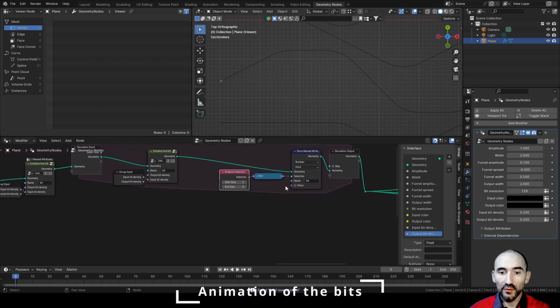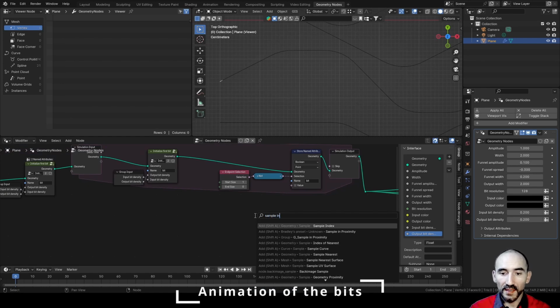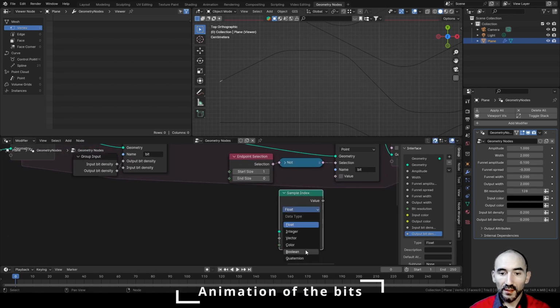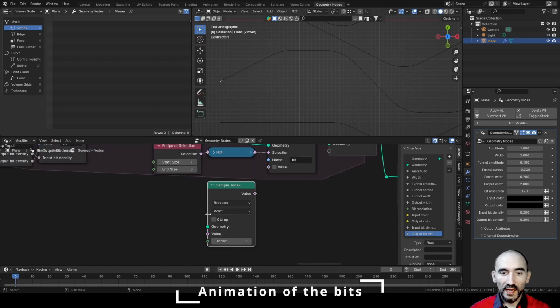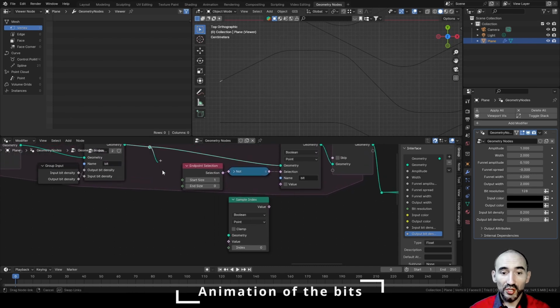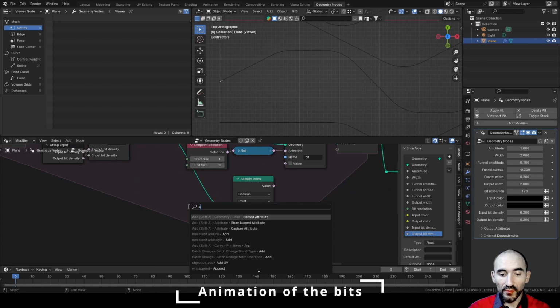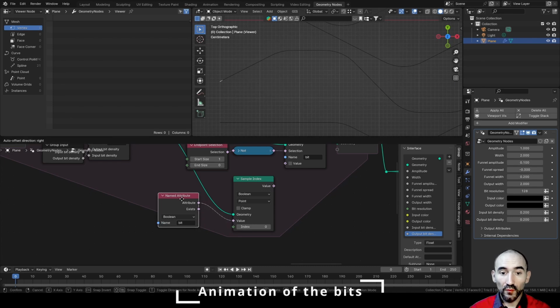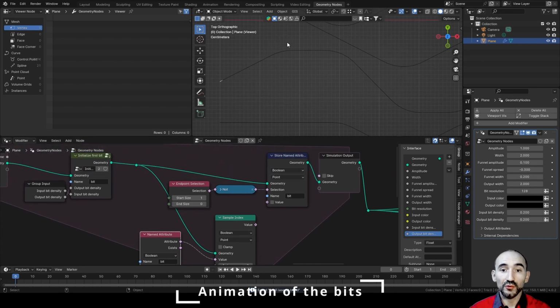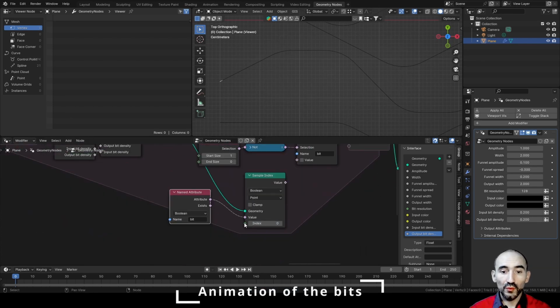Now to take the correct value we need what? The sample index, because we need to take the boolean information similarly to this approach here, and we want to take the boolean information of the same geometry. It's obvious, from the attribute, the boolean attribute bit, link this attribute here, but we don't want to get the value of the same index of the actual control point we are managing, but we want to subtract from this index an offset of the index, and the offset will give us the same result as the speed of the